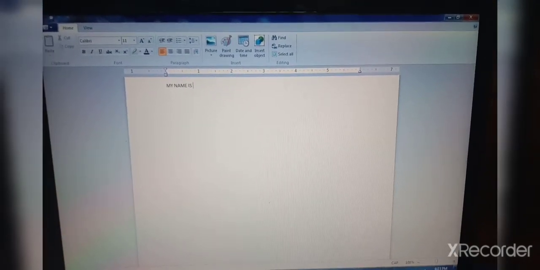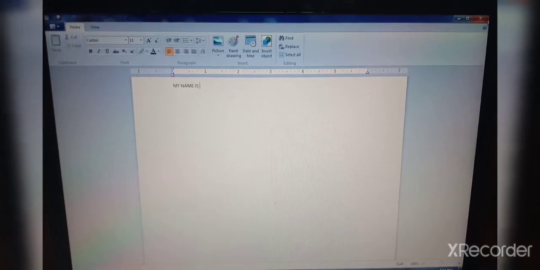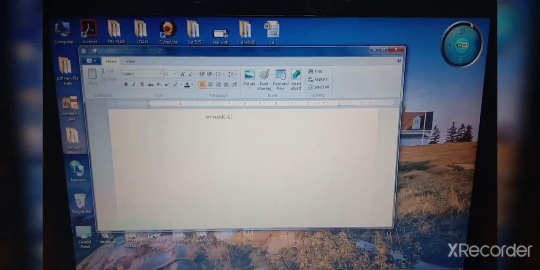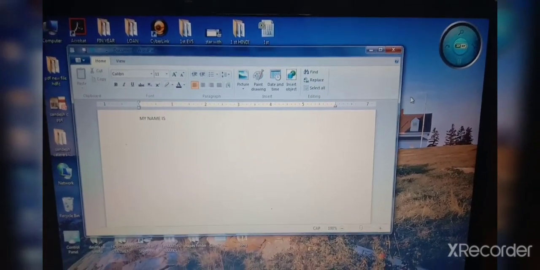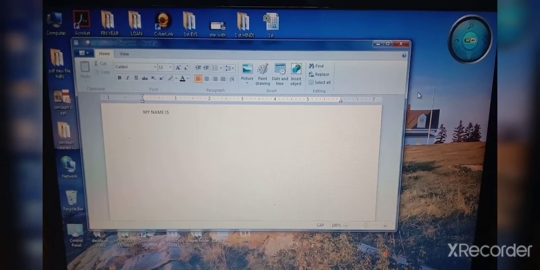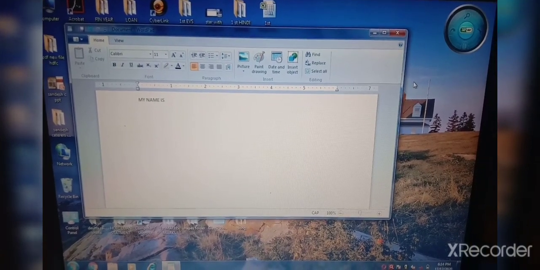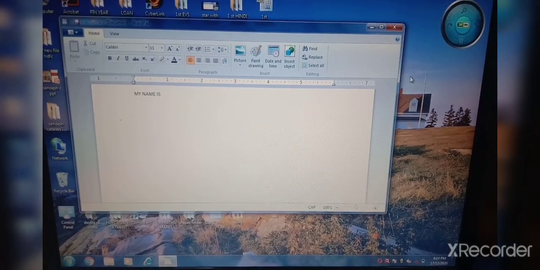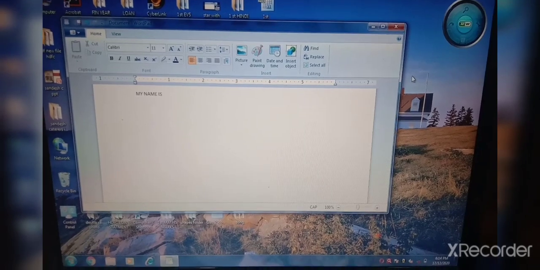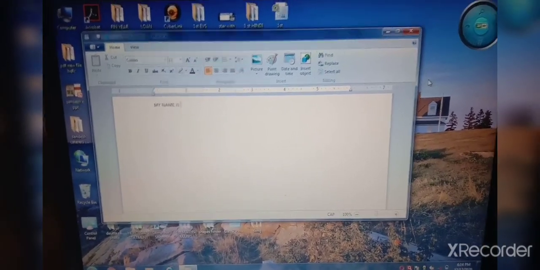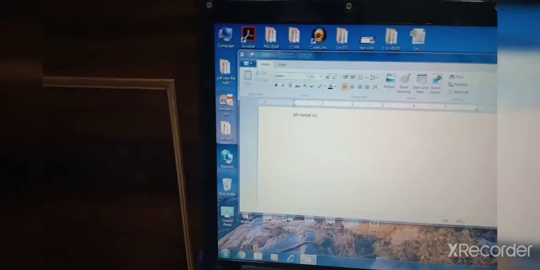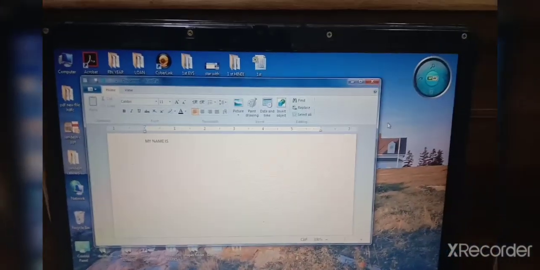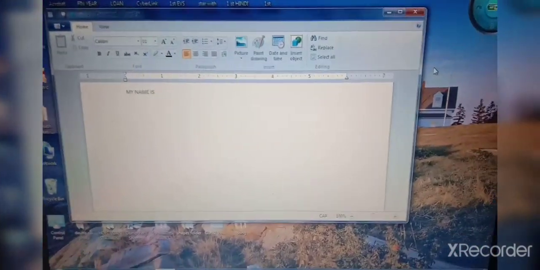Then what we have seen, this minimize button, here minimize, close and restore button. And we have seen work area, that is working area, blank paper. Okay, we call this blank paper work area. Okay children, so today we have seen this much.